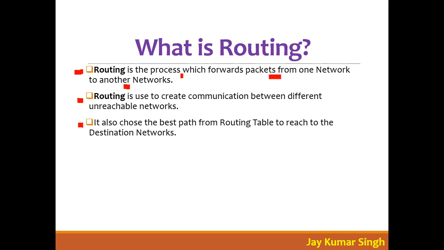You know, the router has one kind of map, like the map of your Gambia. With that map, if you want to go to Banjul, you should define which is the best path. So also in the router, they have a routing table. In that routing table all destinations are there, so they choose the best path and follow it. Or you can say the router makes the routing table according to the best path.